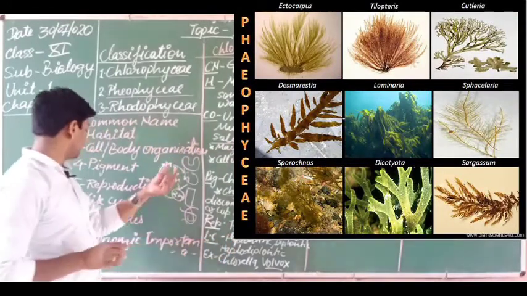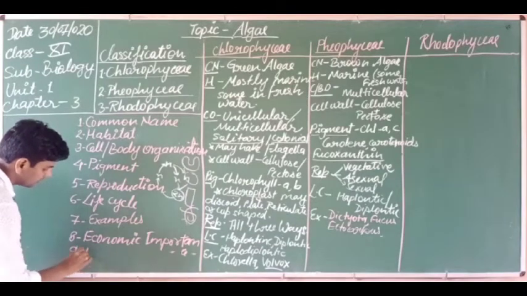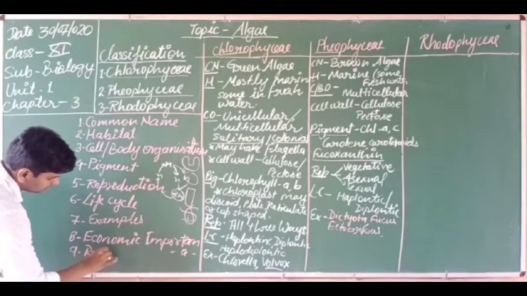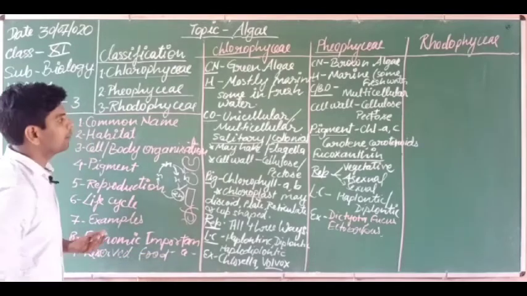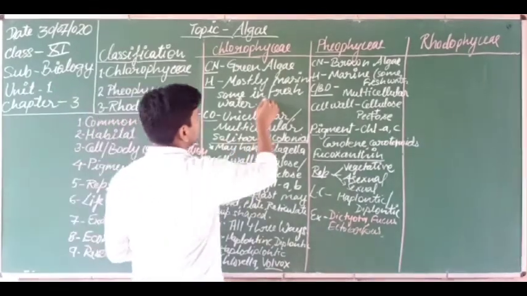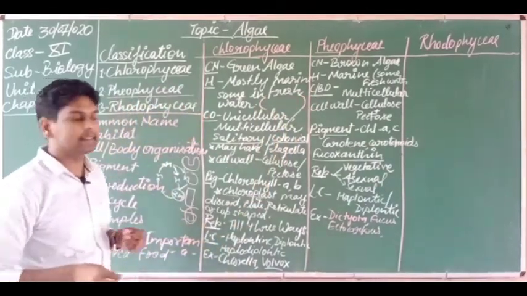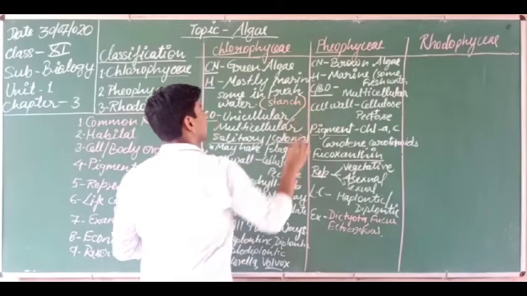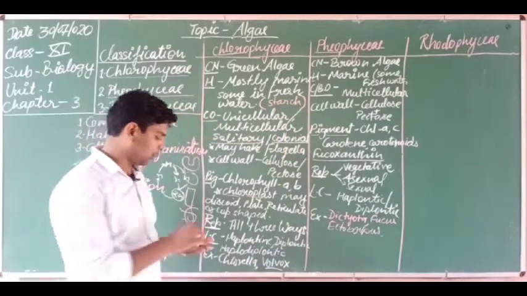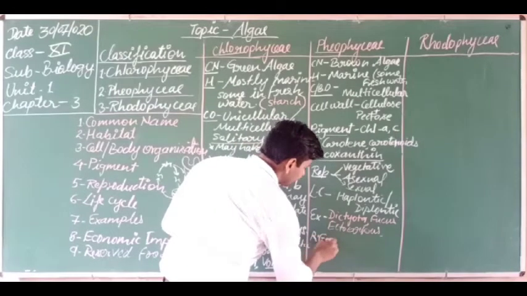So here I want to tell one another thing, students. I forgot in Chlorophyceae. One thing to add here: reserve food. Which type of reserve food is present here? I am writing here in a different color. Reserve food in Chlorophyceae is starch. Okay, but here the reserve food in Phaeophyceae is